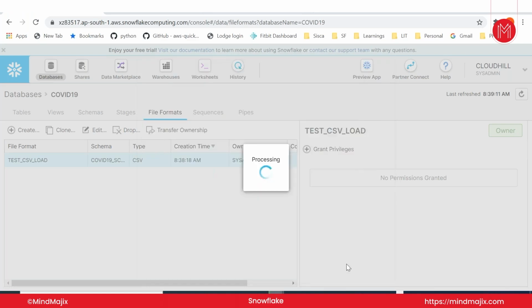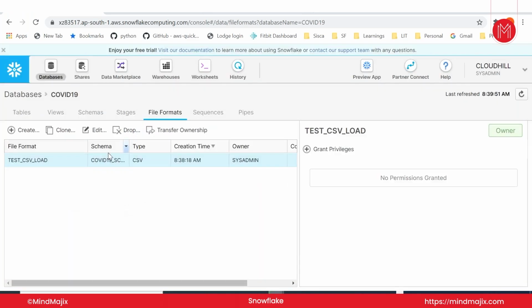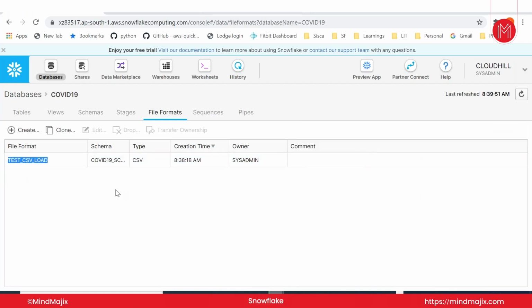So that is okay. Now you created this file format, so it is already available. In the same schema you can create CSV, JSON, Avro, different types of file formats. For one set of files you can use this file format, and for another set of files you can use another file format name. You are using your own name, so you can call that name whenever you are using the data loading process, and you can load data into